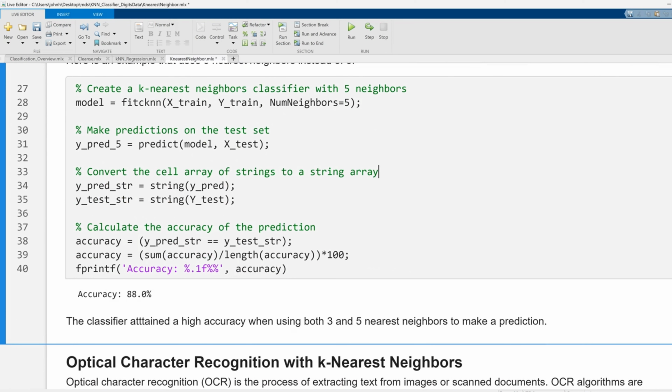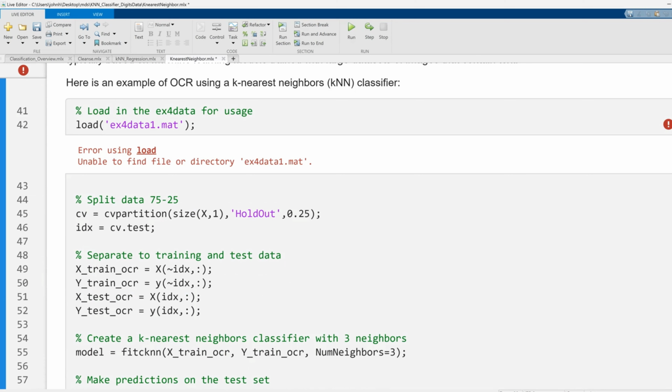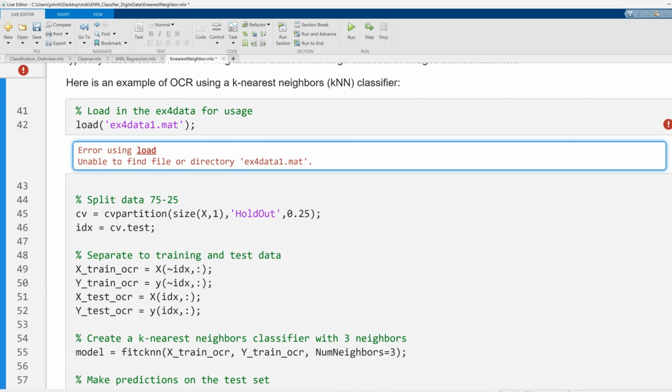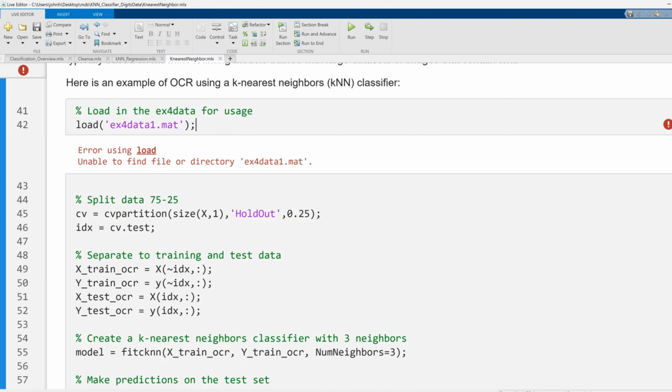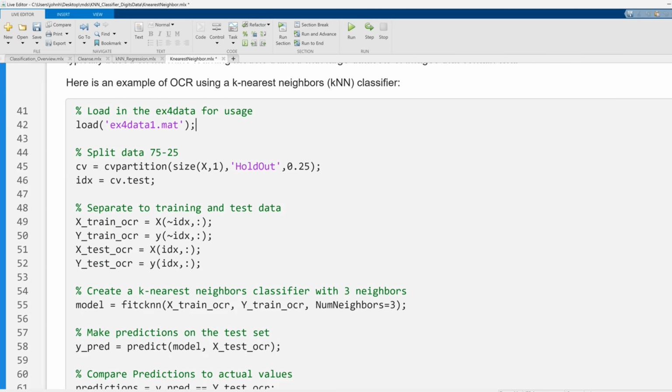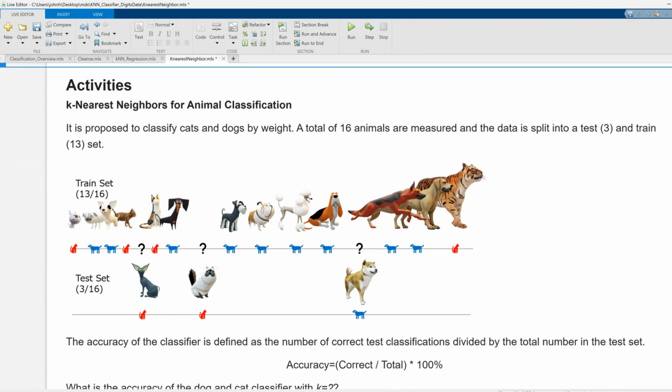Okay, so it says fit CKNN. Okay, fit the classifier for KNN. Now if you don't have that, you need to make sure you change the directory. Here I'm going to change it to where that data file is stored. And then when I come back here again and try to load this data, it will let me proceed without an error.